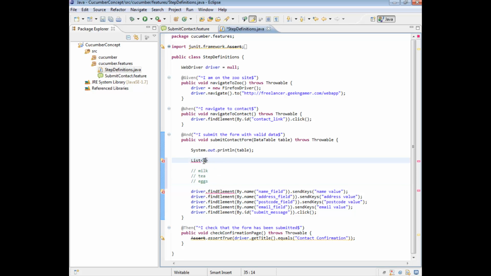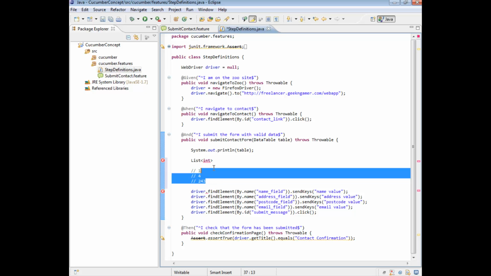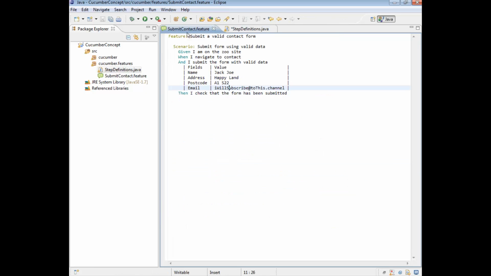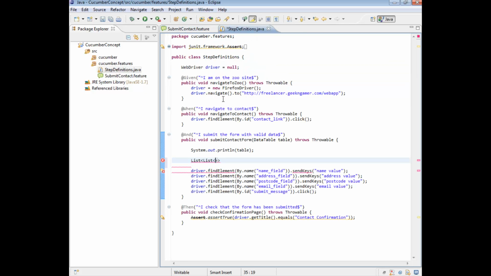If I say something like a list of int, for example, which is numbers, then I can say something like 2, 4, 243, anything. So a list contains a list of things. Now, because our data table we're passing in is a 2D array, what our list will contain is another list of something. The data table that passes in data by default, all of these values, including the column headings, are strings. So what we're going to pass in is string, and I'm going to call this 2D array data, and this is going to be equal to